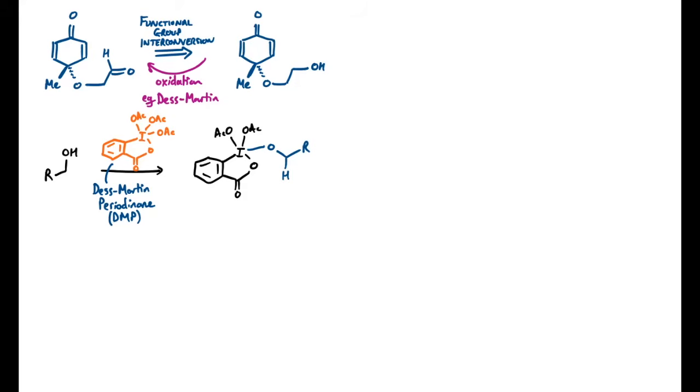And then next, all we need to do is eliminate this hydrogen. The acetate floating around could do that, for example, like this, and dump 2 electrons on the iodine center. The result of that elimination is oxidation of our substrate, so here giving us the aldehyde. And the byproduct left behind is this iodine species in the +3 oxidation state, which then doesn't participate in the